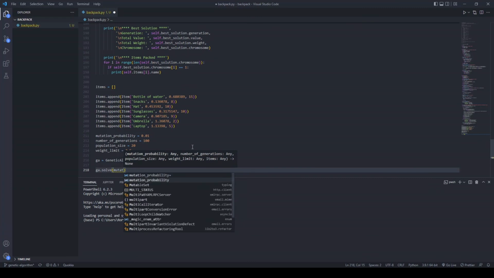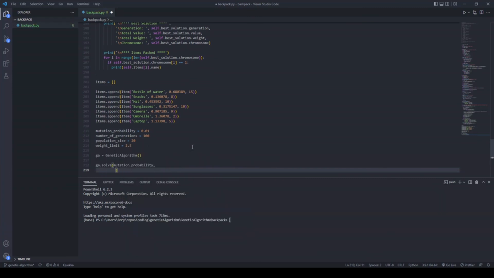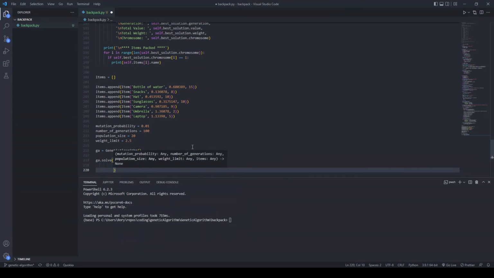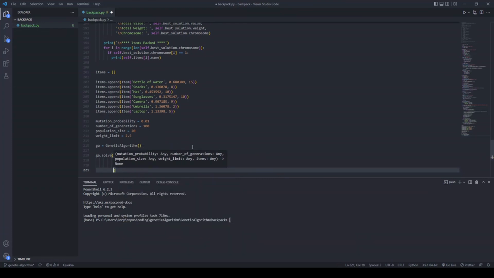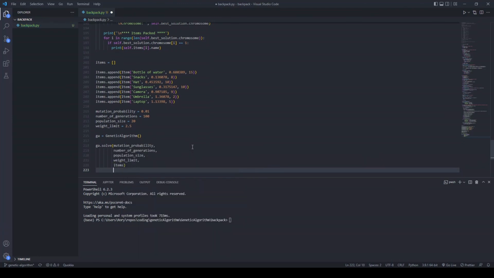So we want to instantiate the genetic algorithm and run the solve method on it. So we pass it the mutation probability, pass it the number of generations, the population size, the weight limit, and the list of items. And now, if we run it, this should display the best solution for each generation, and then also display the best solution overall and what items were packed. So we're going to run python backpack.py,